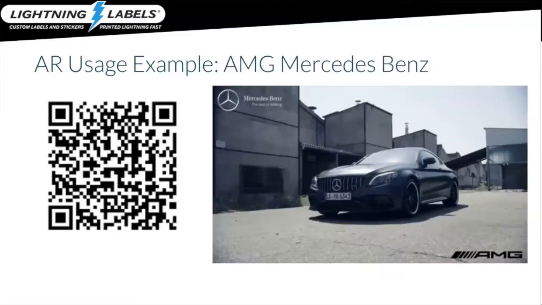I have two other ones here. One's a car company, and then we'll show you a Harley-Davidson example here in just a second. These are a little bit more involved, and there's a couple of things I want to point out on these. So again, same thing. Take your camera, point it at the QR code, click the link. You guys know the procedure at this point now. Take your phone and point it at the Mercedes-Benz picture that you see on the right-hand side.